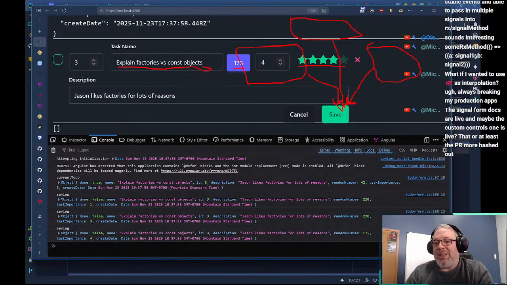Oleg comes along and he saves the task priority. Well, my task name goes away. His priority is there, right? And then Michael comes along and Michael saves the updated random number. And now Oleg's task priority goes away. And all we get is Michael's random number change. And so in that case, we've got a mess.